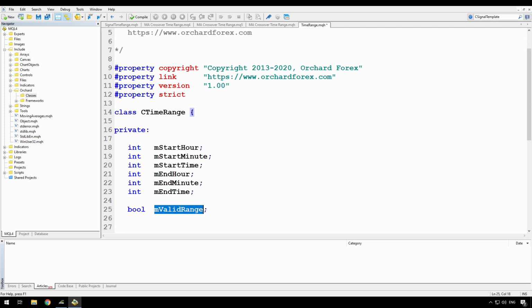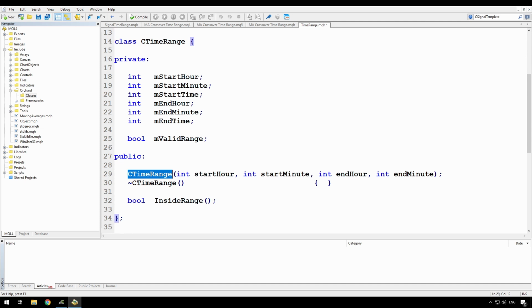I'm not allowing here a variable to determine whether I'm checking if I'm inside or outside the range, because when you make the call to this class, it will tell you if the specified time is inside the range, and then you can simply apply a not to that in your call to determine if you want something outside. And then just to finish off the class definition,